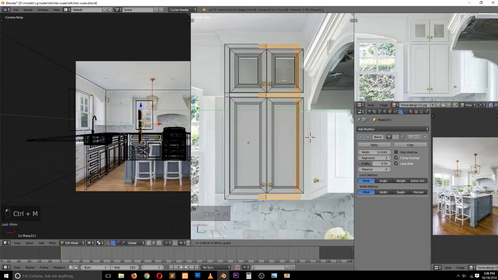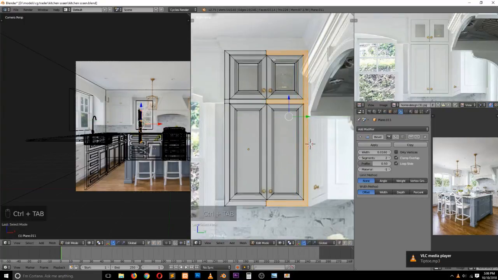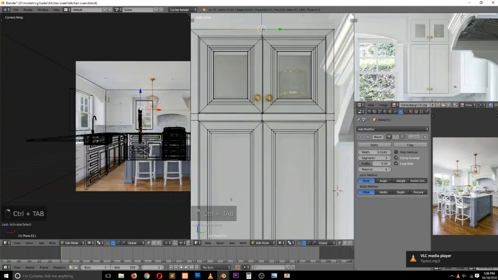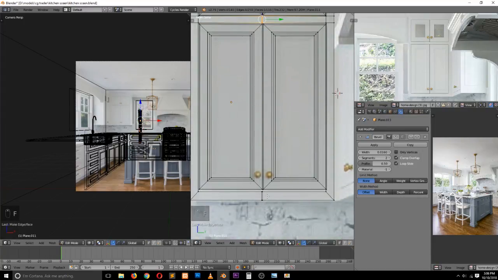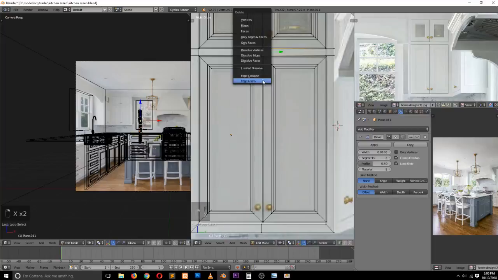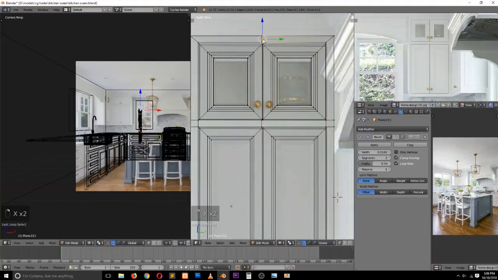in the Y direction, and to have that. Now we can bridge these and delete those extra edge loops we don't need. So maybe even this middle one, we don't need that, so we can just